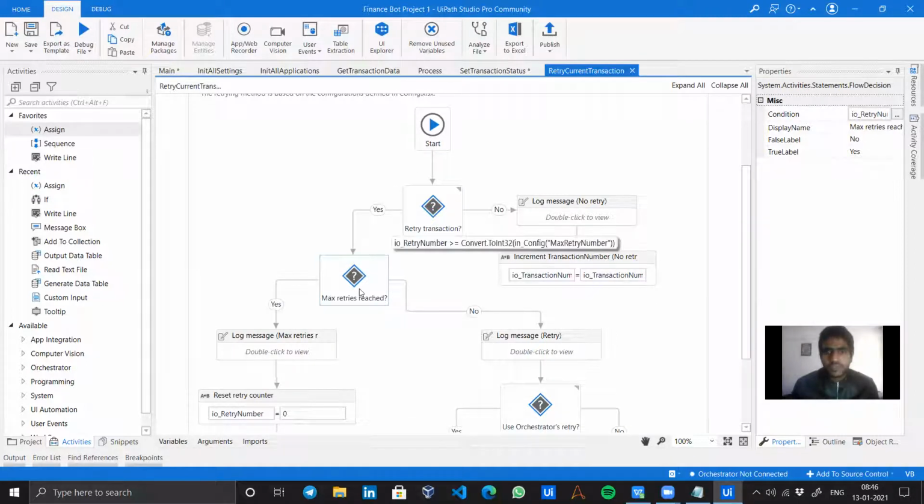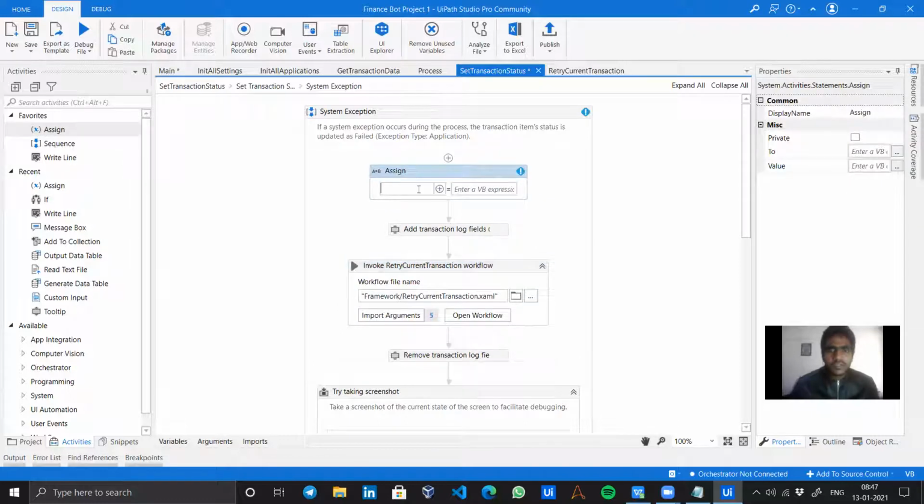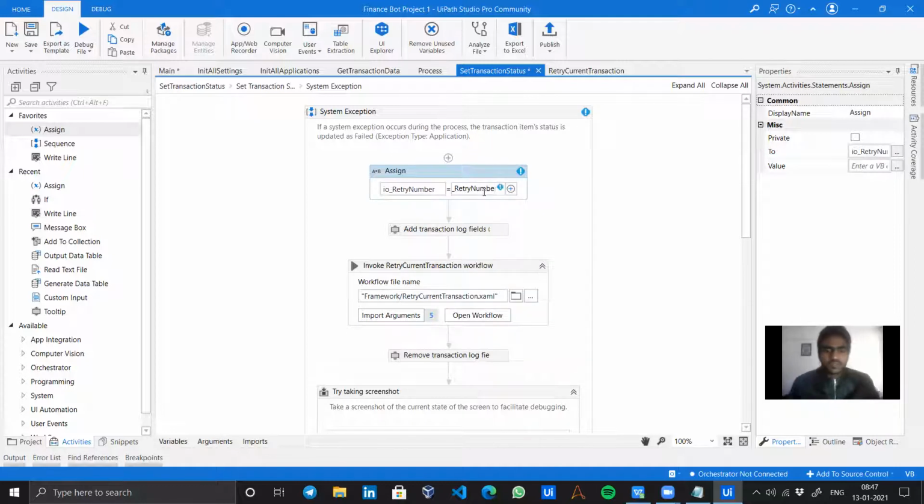So basically, the retry number specifies how many times we have repeated the value. So I will just assign an activity, set it to IO retry number plus 1.